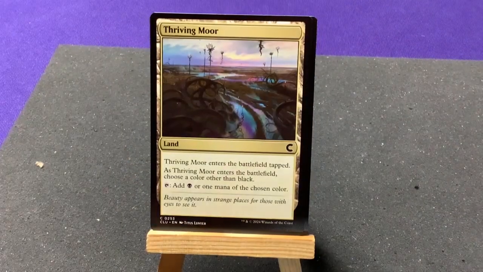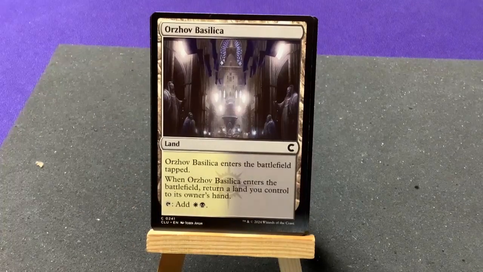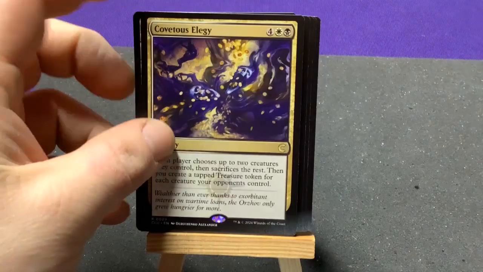The Thriving Moor, which is black, add a color. The Guildgate. The Basilica. And then we have our 5 white, or our 5 swamps. And then we have our rare card here, which is the